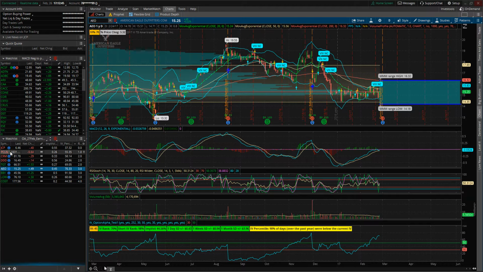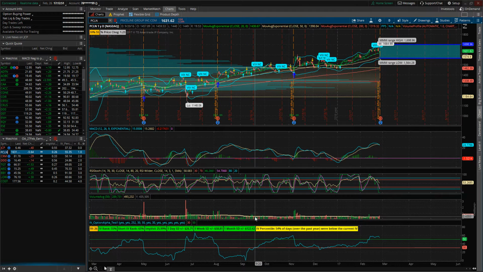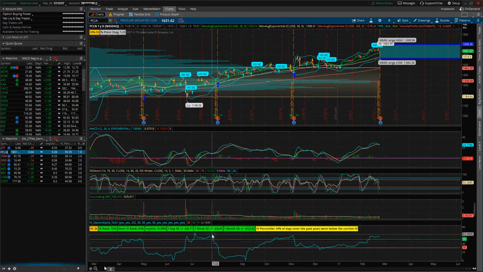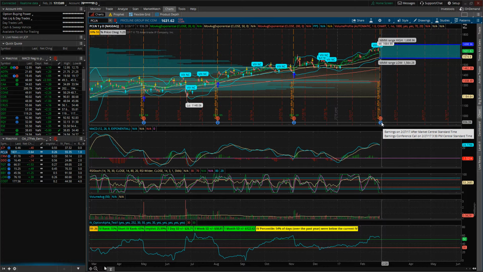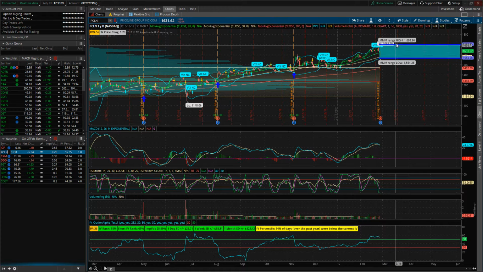So Priceline looks good for that. So now we can see it has good crush, IV crush for each earnings. This one was not okay, but there's a couple good crushes in there, so that's good. I used to come here and look at this, but I also have this study on here. It tells me if it's the aftermarket. So right here on the chart, I can see where it is. Also, as part of this study, it gives me the market maker move, the high and the low for that